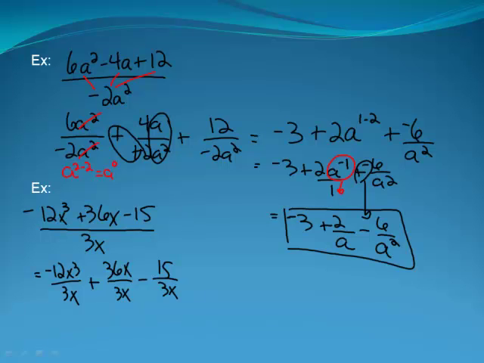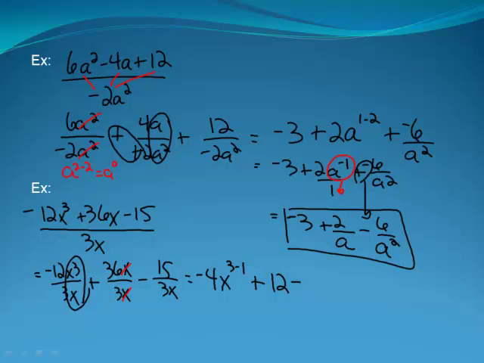All right. Here, negative 12 divided by 3 is negative 4. And we've got like bases here, so we can subtract our exponents, 3 minus 1, plus 36 divided by 3 is 12, and x divided by x cancels out. Anything divided by itself is 1,